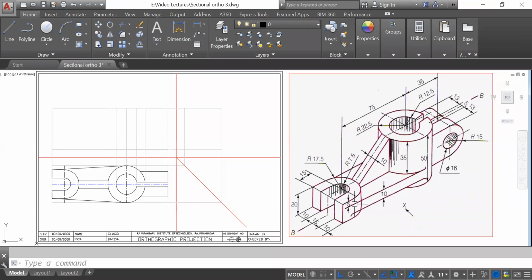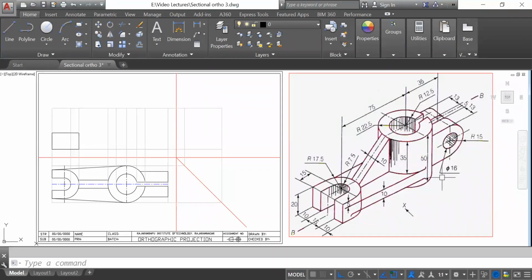If you see this one from the front side, you will get a rectangle here. So that rectangle you have to draw here. Then I will take one more projection here, and then I'll start with this one. I will take this black color. Here the rectangle height is 20 mm. So starting from this corner, 20 mm, and this side up to here. So this is for this part, and it looks like this when you see it from the front.